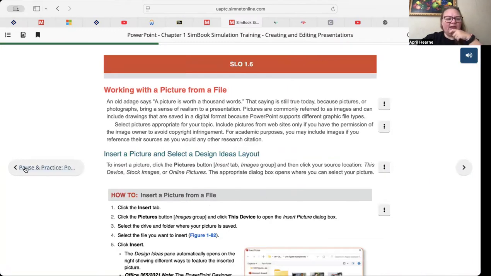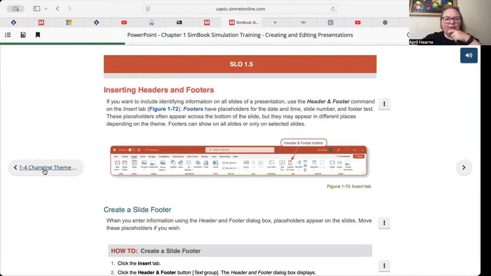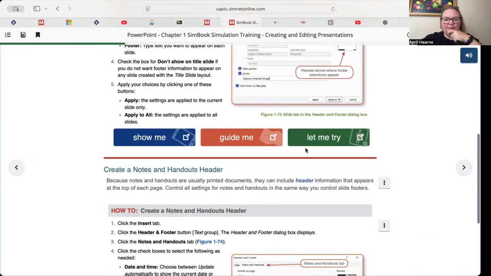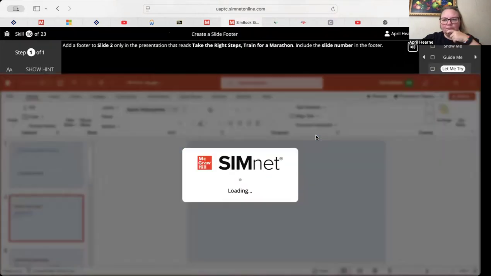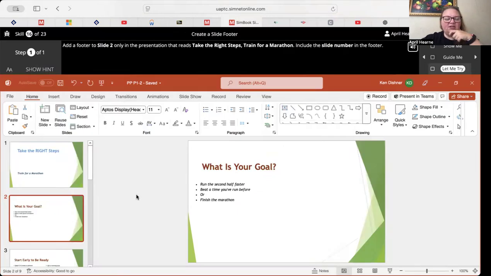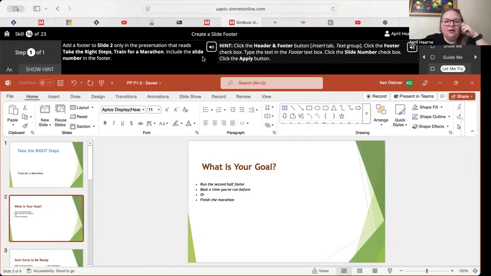Hang on, I want to go back. I think I skipped something. Yep, here we go. Add a footer to slide 2, only in the presentation, that reads, take the right steps. Train for a marathon. All right. Click the header and footer button. Insert